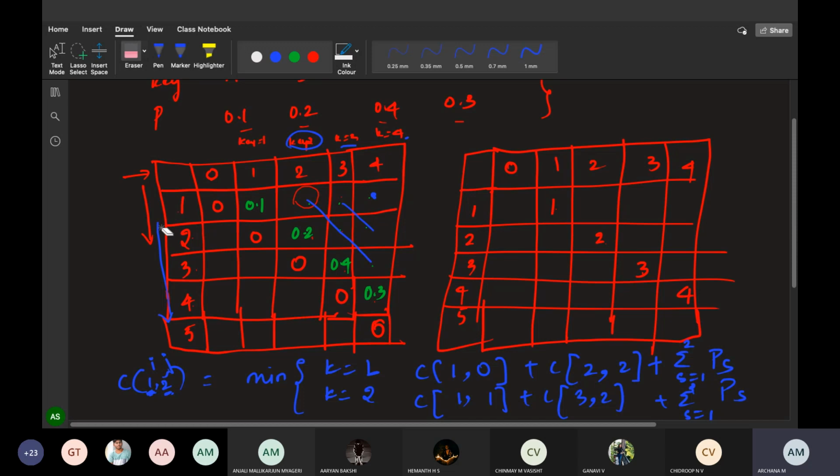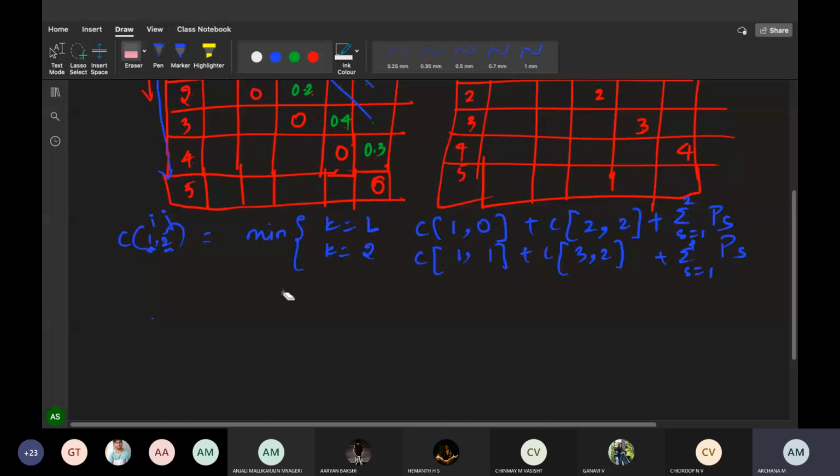C of 1 and 0. What is the value of C of 1 and 0? 0. Yes, that is it. Now I have to calculate this. We have to find out the minimum. Okay, it is equal to the minimum of,